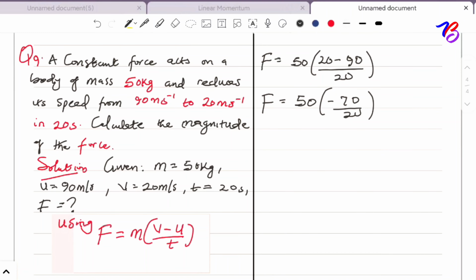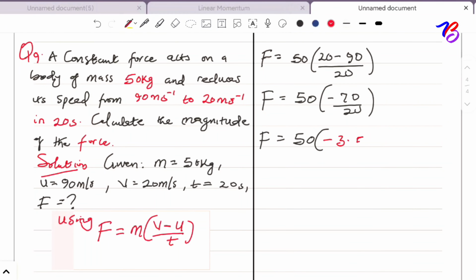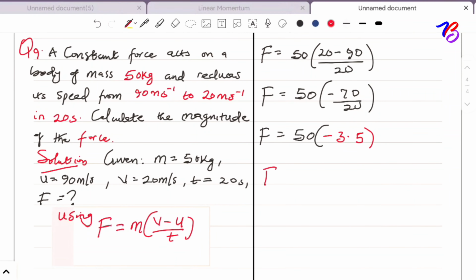Okay, so that F will now equal 50 into negative 3.5. Is that clear? So that F will now equal negative 175. Therefore, the magnitude of the force applied will become positive. The magnitude of the force F applied will equal